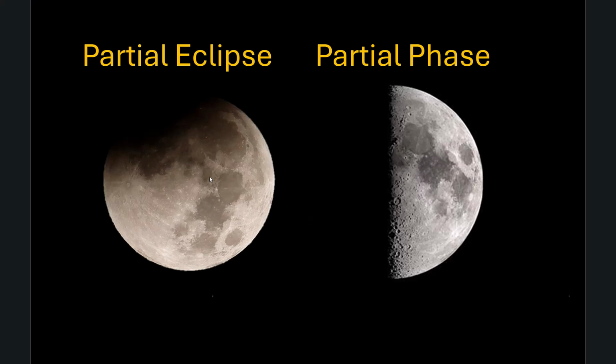Here's a couple of images. This is a partial eclipse on the left-hand side and a partial phase of the moon on the right-hand side. On the right-hand side, the partial phases have nothing to do with shadows from the Earth. Those are created in the same way as this photograph of the model, where the lighting is from one side and not the other. And that's exactly what's happening with the moon: the sun's lighting is on one side of it and not the other. That's why you get the partial